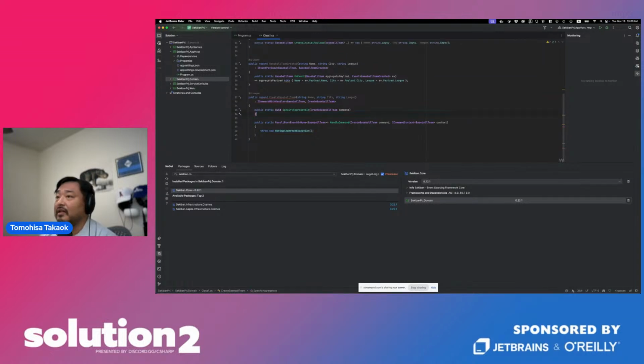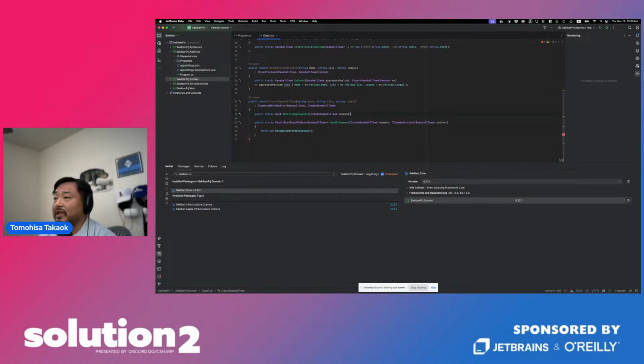So this one is a new aggregate, so you can generate the random GUID. And in .NET 9, this is good, create version 7, so you can order with the GUID.